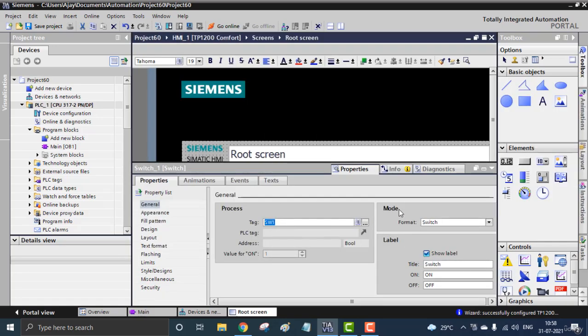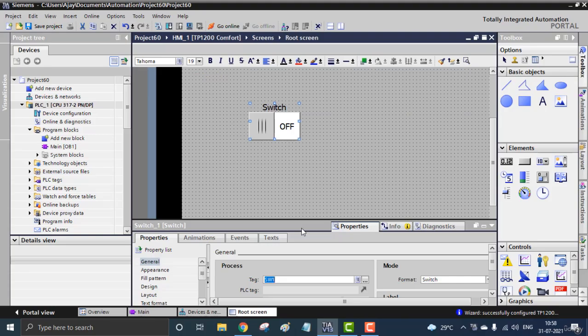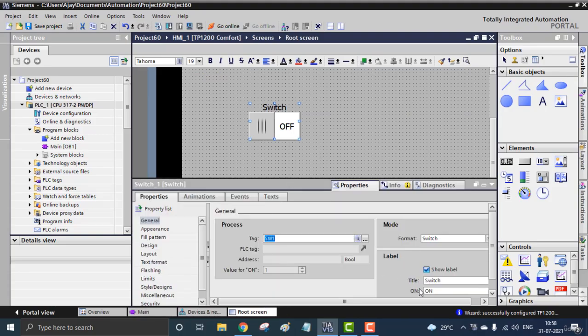That's it. And if you don't want to see the switch label right here, see there's a label switch, and if you don't want to label the switch, you can uncheck that. And if you want to change that into anything else, like motor on or control, you can see that will be in control.